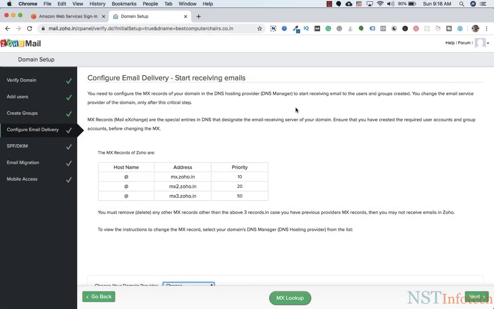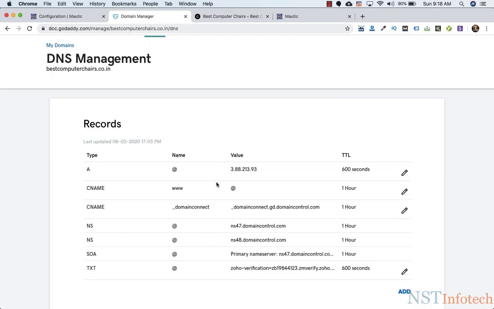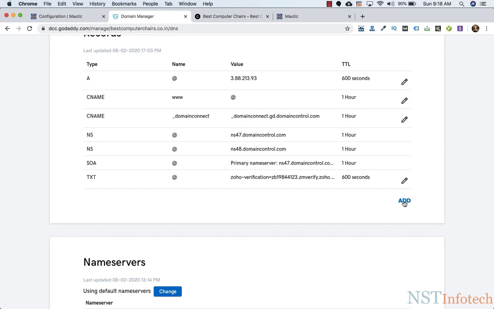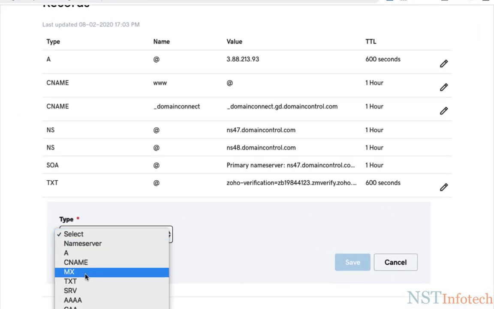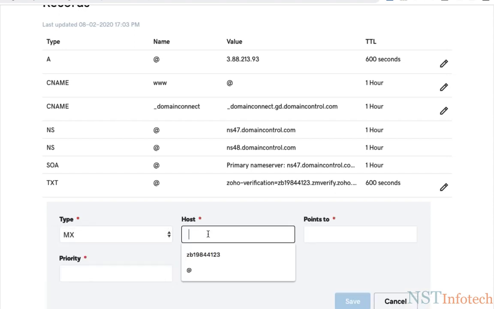Welcome back to another video. In this video, we will configure the MX record. For that, we need to go to DNS management in GoDaddy, and here we need to add the MX record. So for that we need to click on add, and we need to select MX, and here the host is @, and we need to point